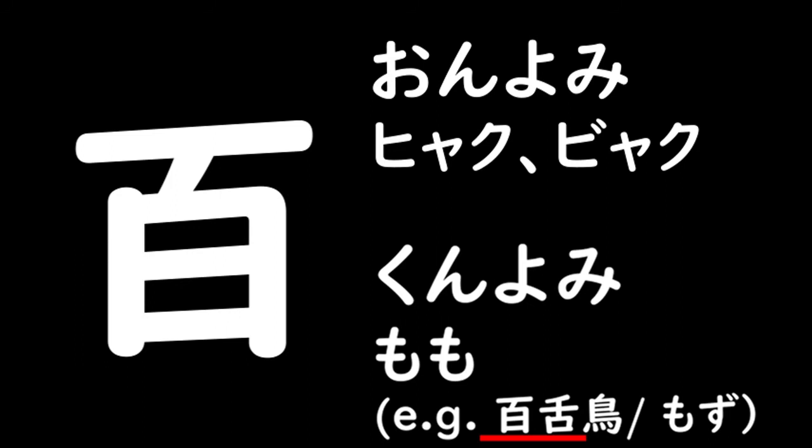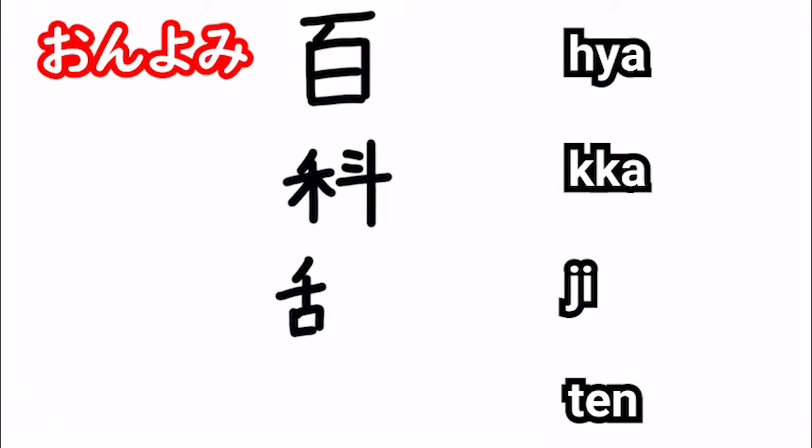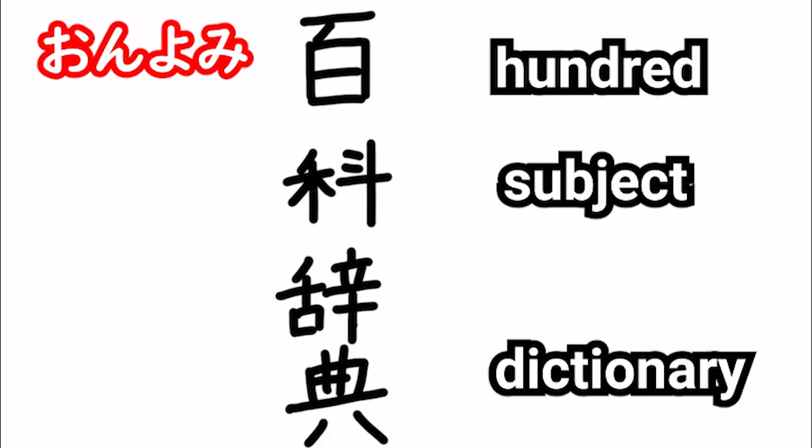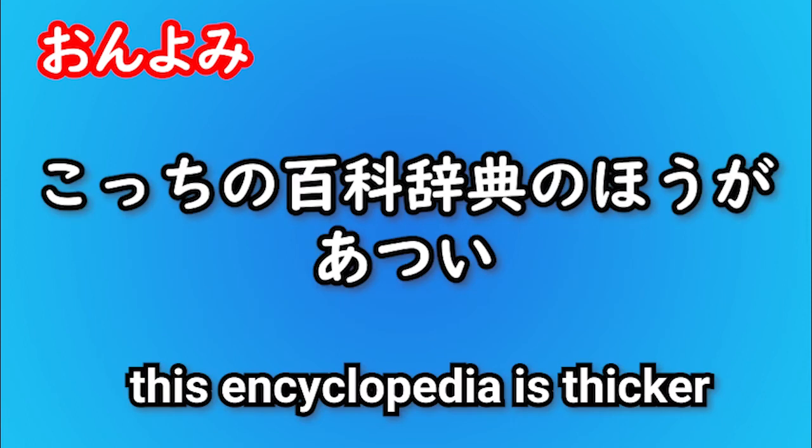Then let's see some word examples that use this kanji. Onyomi example is 百科事典. 百 means 100. か means subject. 辞典 means dictionary. This means encyclopedia. And this is how to use it in a sentence. こっちの百科事典の方が熱い。